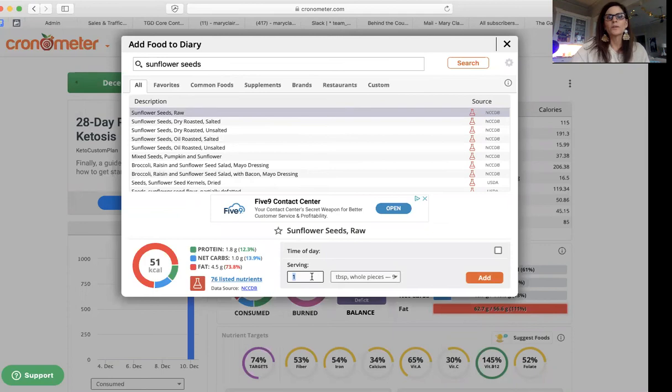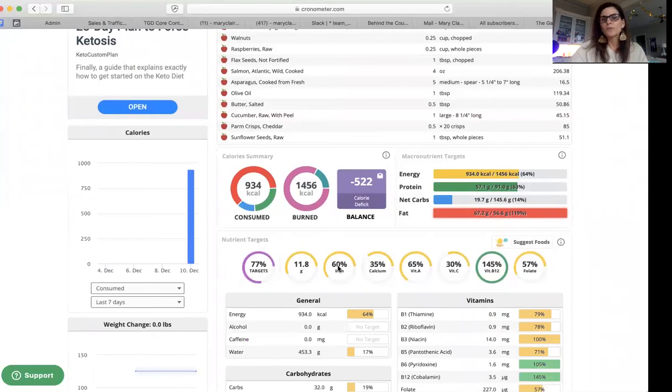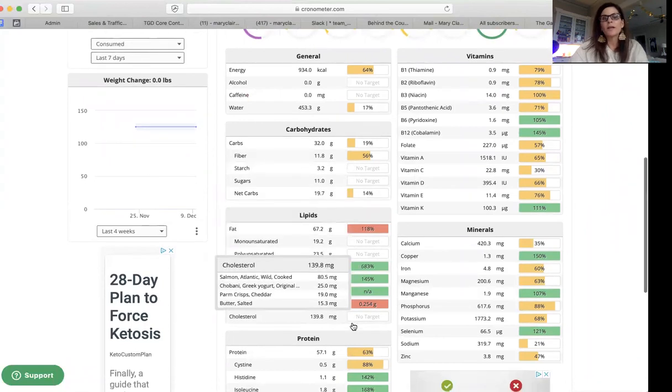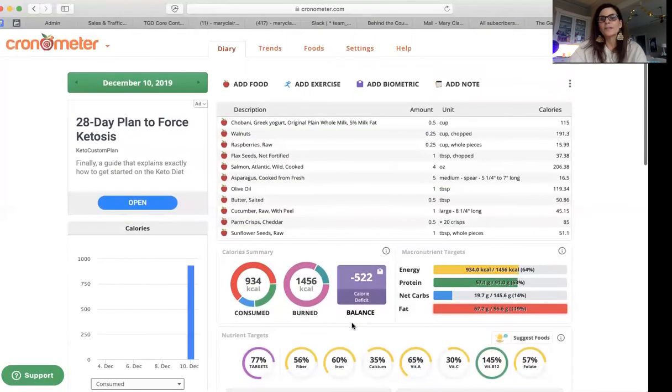Let's go with a tablespoon, okay? So now our fats are at 63%, protein 24, and carbs at 13. Again, we're getting a little more fiber there, and our omega-3, 6 is still good, and our polyunsaturated, saturated fat ratios are fantastic. So again, this is how you do it. You're shooting for roughly, and it does not have to be perfect, keep it within 10%, a 70, 20% protein, 70% fat, and 10% carbohydrate range.